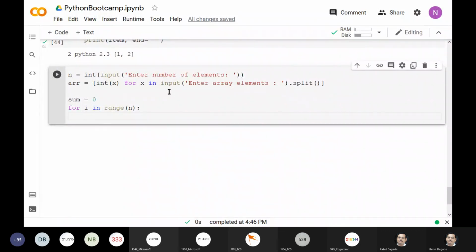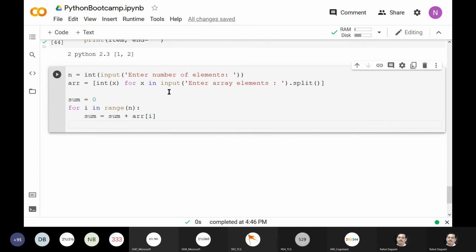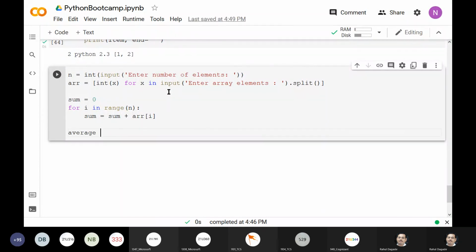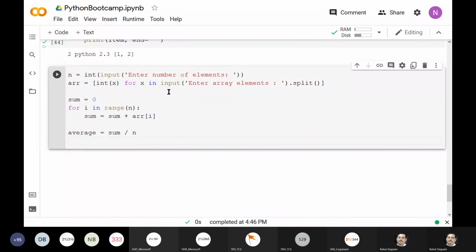So my sum would be sum is equal to sum plus ARR of i. And once the sum is done, I have to do the average. Average is equal to sum divided by n, and I have to print the